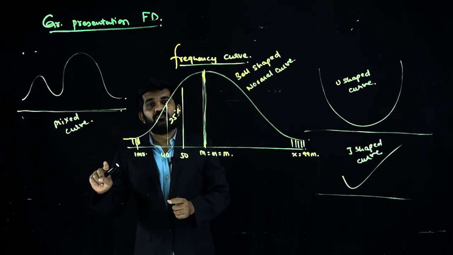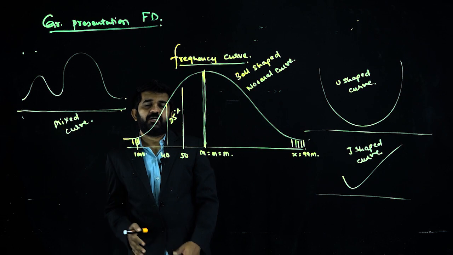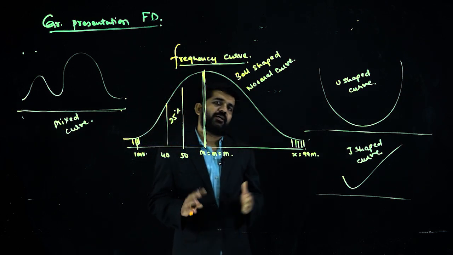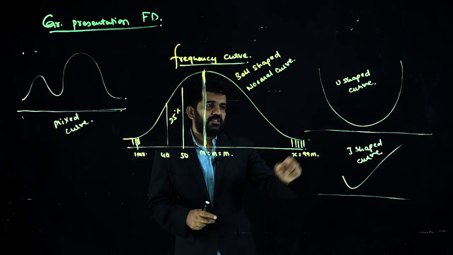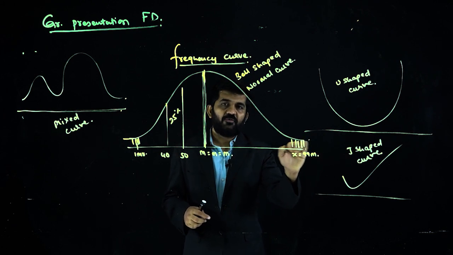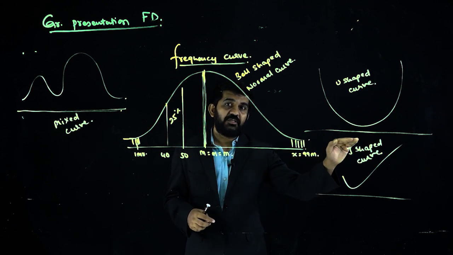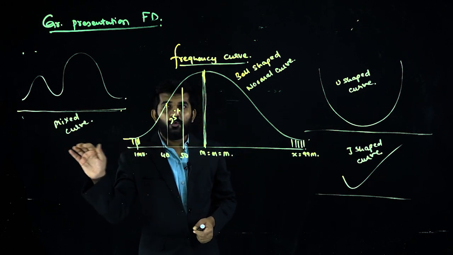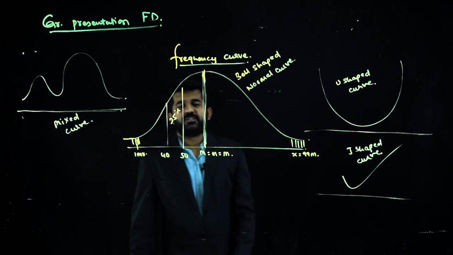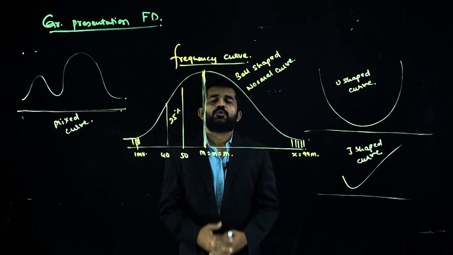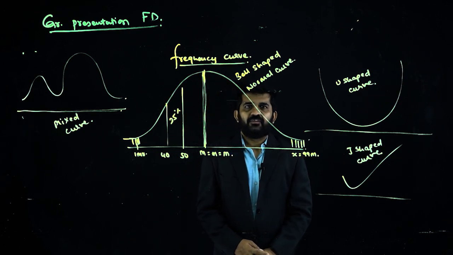So data can be represented in the form of a graph, frequency distribution data, and frequency distribution data can also be represented in a curve. This is open-ended. Is it alright? What is the meaning of open-ended? There is no highest figure which can be determined. There is no lowest figure which can be determined. These are different curves by which the data can be represented.